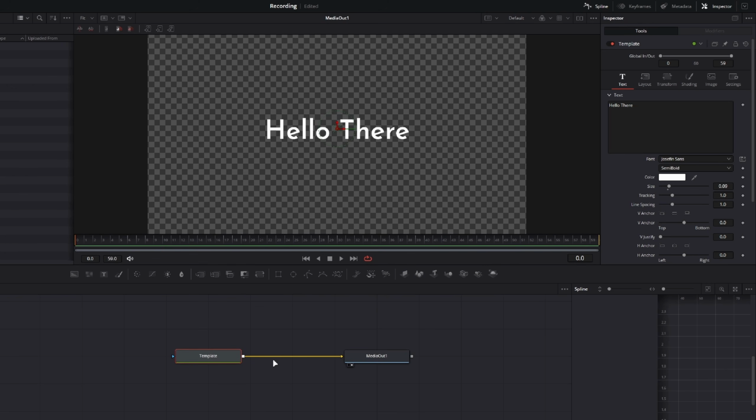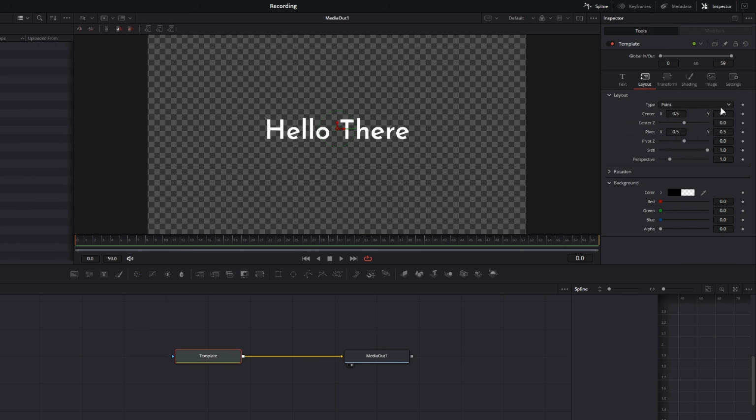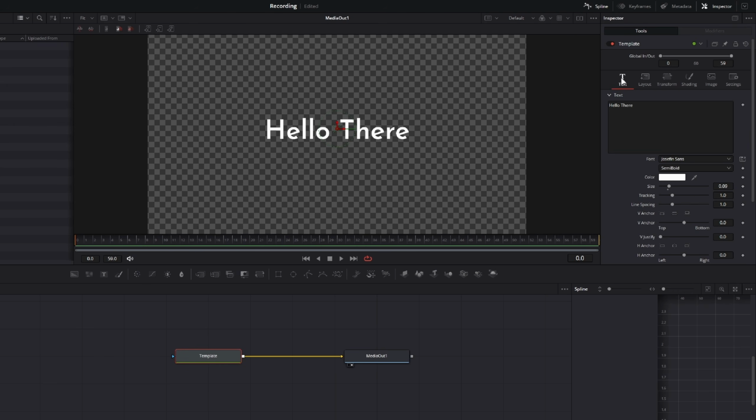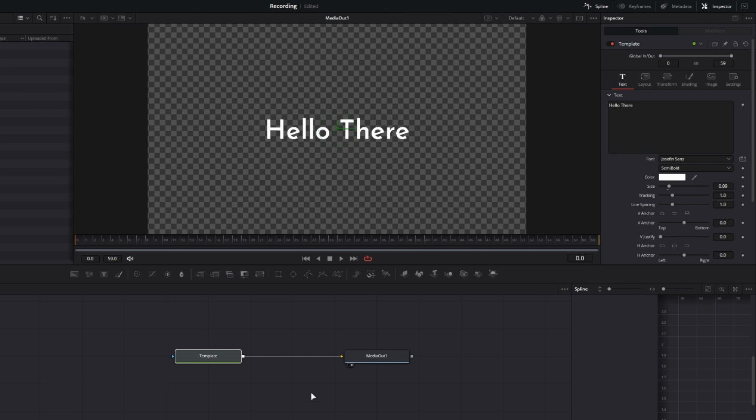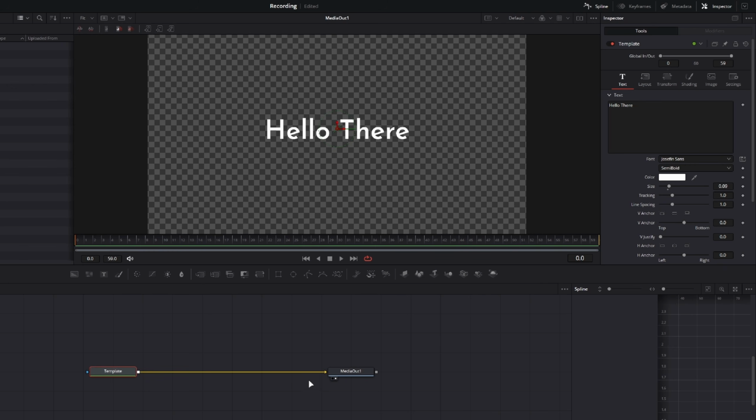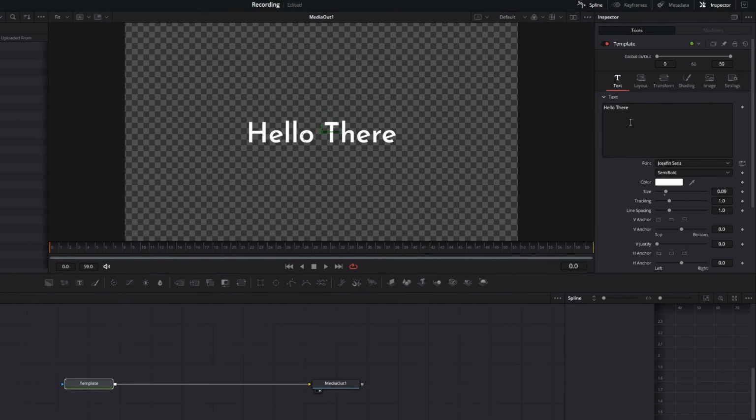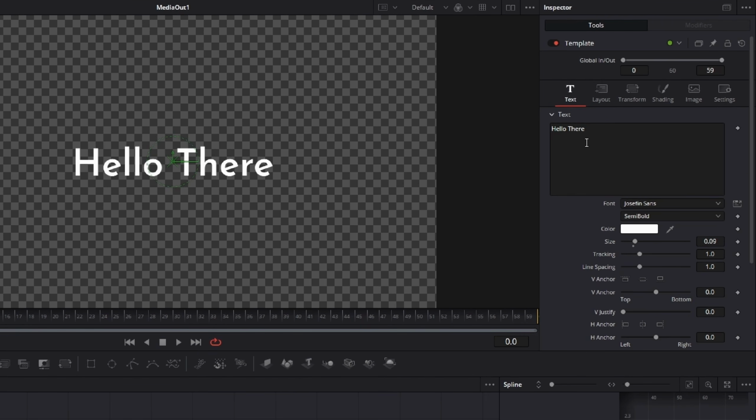So first things first, we need to get our word-by-word animation set up. To do that, we need to add a special little modifier to our text, because if you try to do any keyframing as is, it moves everything. So we need to figure out a way to split up the wording here. I'm going to go back to the text tab here, and I have my template node selected. This is what controls all of the properties on our text. And this is the reason why we use a text plus node, because it gives us access to all of these settings. So with my template node selected, what I want you to do is go over to the text box itself, right click,